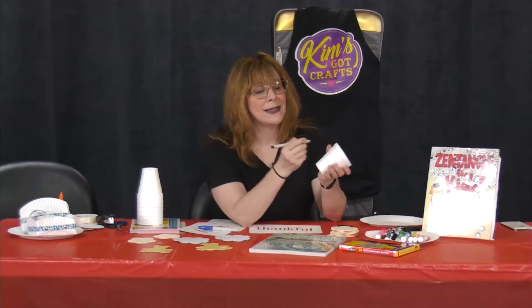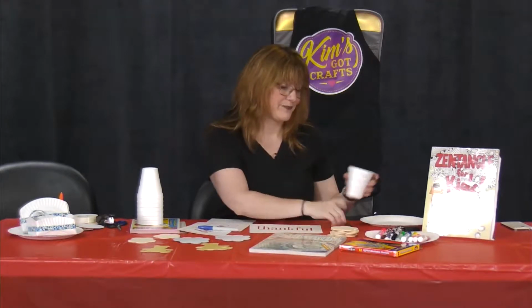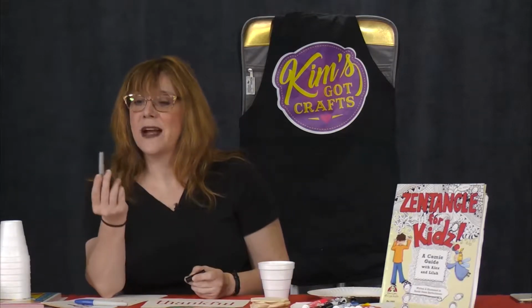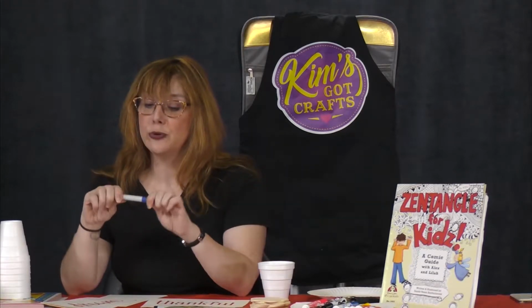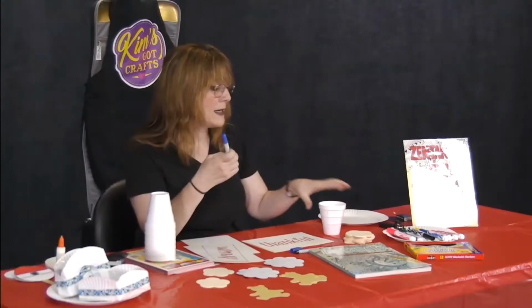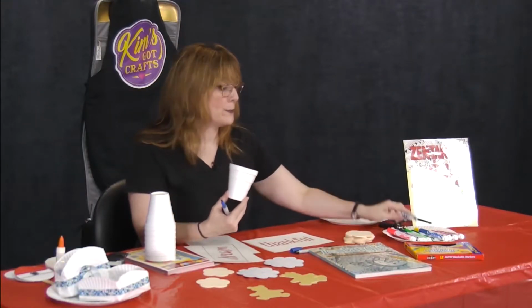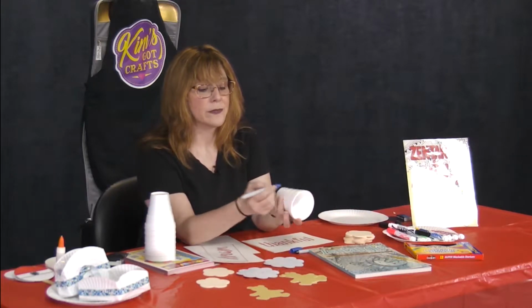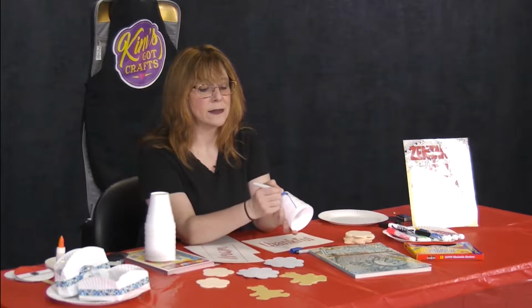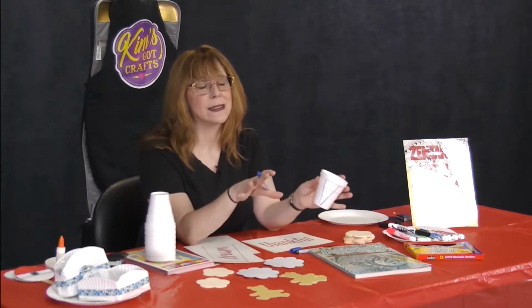Zentangle is basically, you can section off areas, and for this is a fine point pen, which is not going to work very well. But you should use one of the Sharpies because the watercolor will not stay on this type of foam. What you're going to do is you make little sections, and they don't even have to be perfect. I like making some abstract because the whole Zentangle thing,